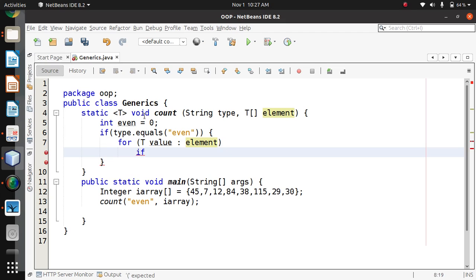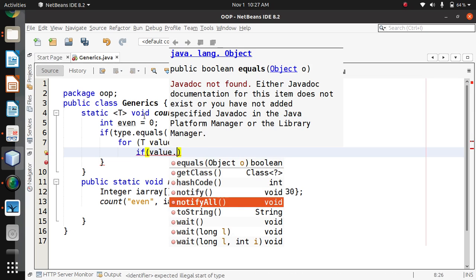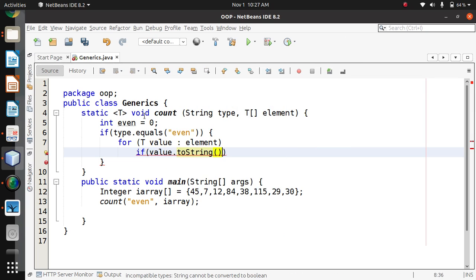Let's perform the operation. The number that I'll be having there can be containing anything, so I need to convert to toString and then mod by 2. So let's have value dot toString, mod 2 is equal to 0. But the problem here is that a string can't be divided by 2.